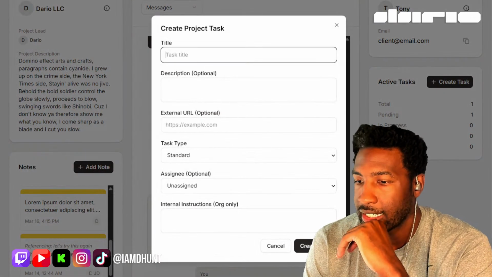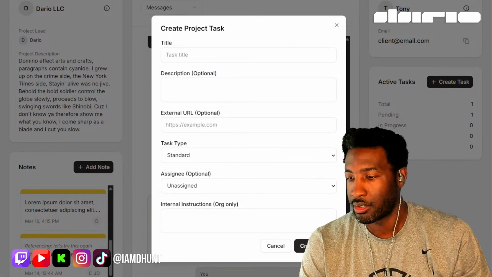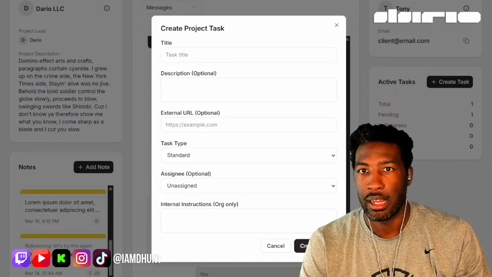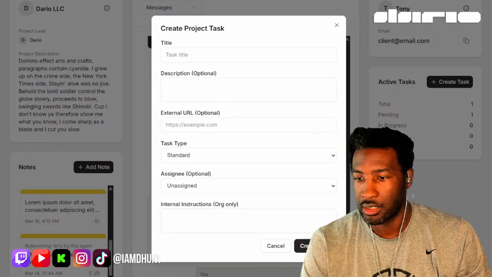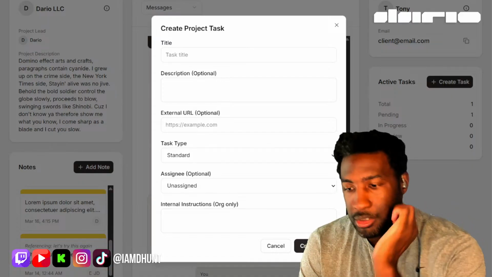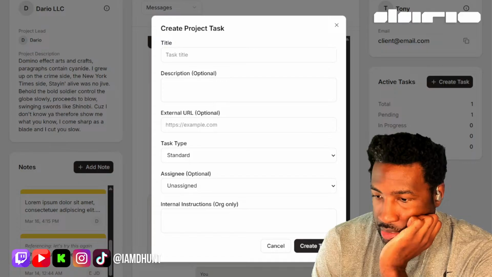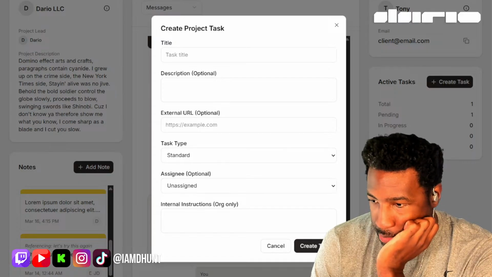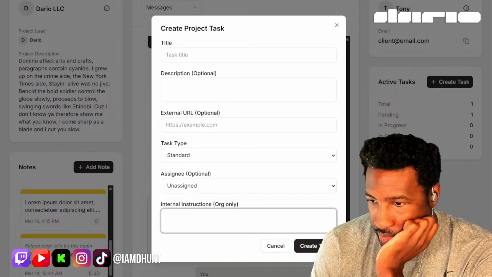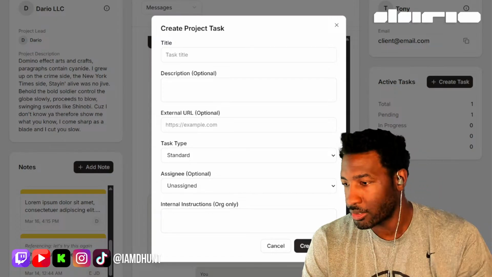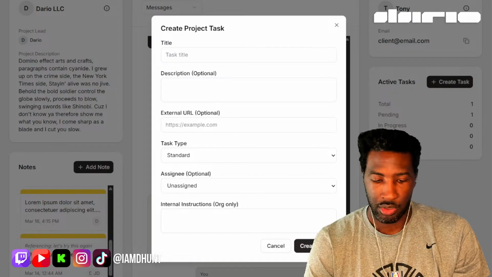So check that. Here's the actual form. Title, description, setting the task. I'm probably going to make that into something cooler, like a switcher. Need to use my combo box. And then all right, so I'm going to tell it to use